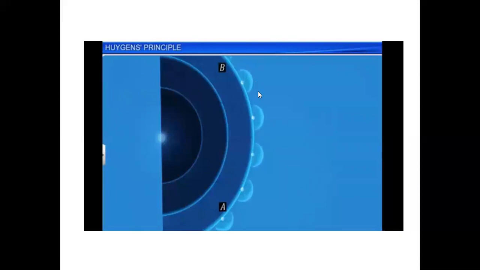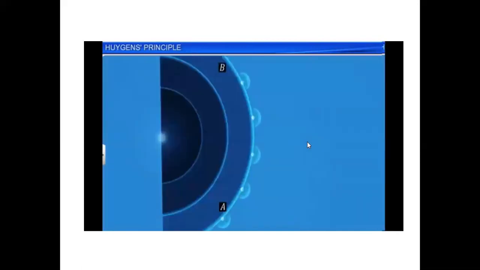So if this is the secondary wave production, and the envelope gives a new wavefront, then we draw the plane wave. As it grows larger and larger, it becomes plane, and if you turn the plane in front of your eyes, you get a line. That is what we draw in our book, because a single line, or parallel lines like this, means a plane wavefront. But in terms of rays, it is parallel rays. It is not plane rays. Rays parallel, wavefront plane.